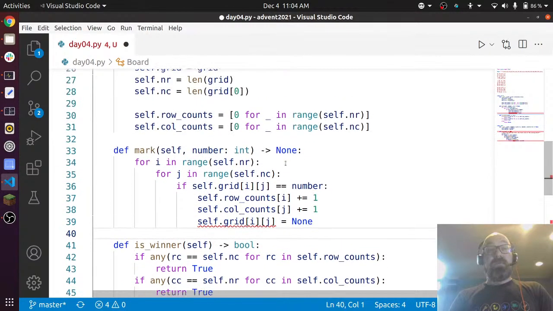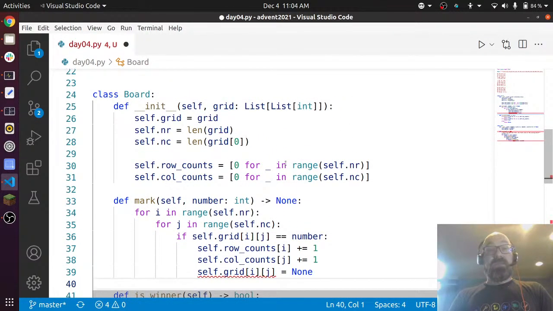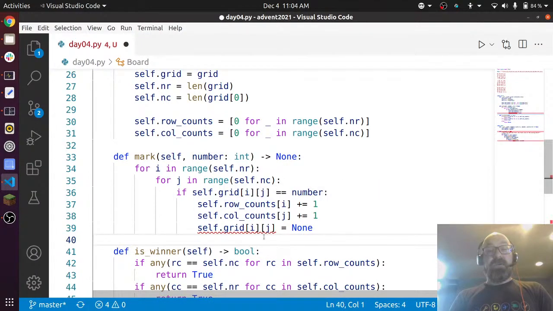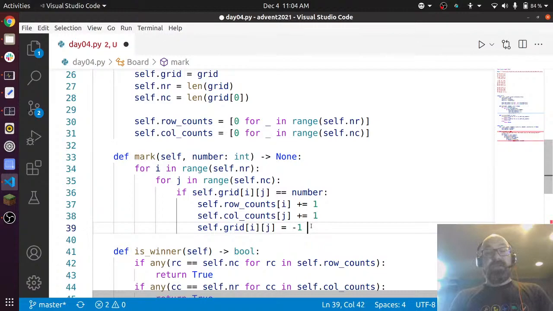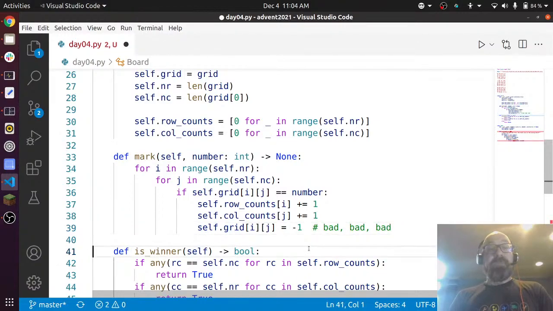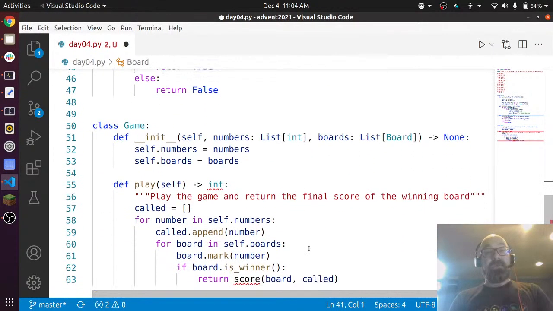Self.grid. Grid is a list of int. Self.grid ij equals. What if I did -1? Would that work? Yeah. I hate doing that. Bad. But I'll do it anyway because